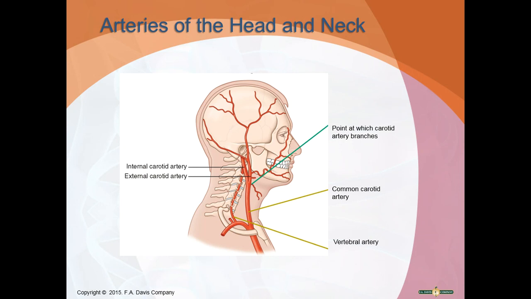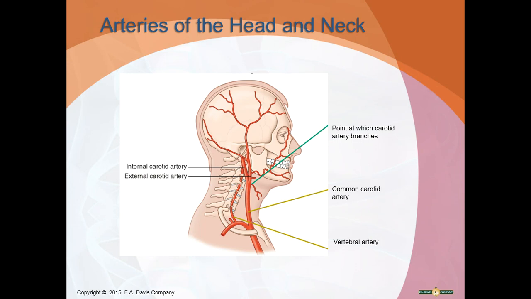So, the arteries of the head and neck. Because the brain requires a constant supply of oxygen, 2 arteries supply it with blood. The path of blood flows upward from the heart. At about the level of the Adam's apple, each common carotid branches into the external carotid artery, which supplies most of the external head structures, and the internal carotid artery, which enters the cranial cavity and supplies the orbits and